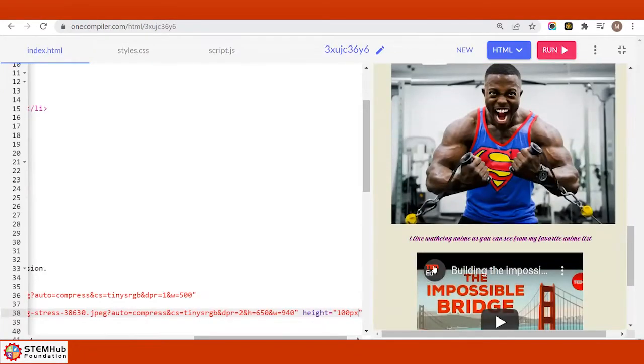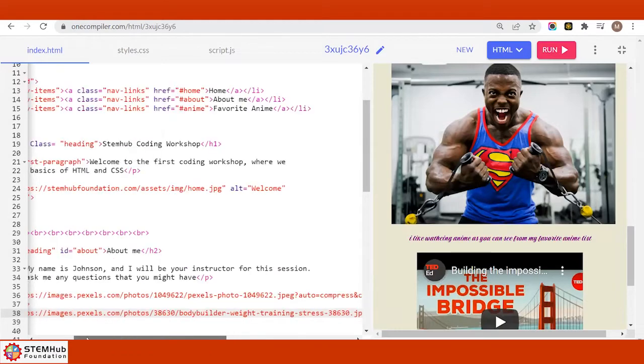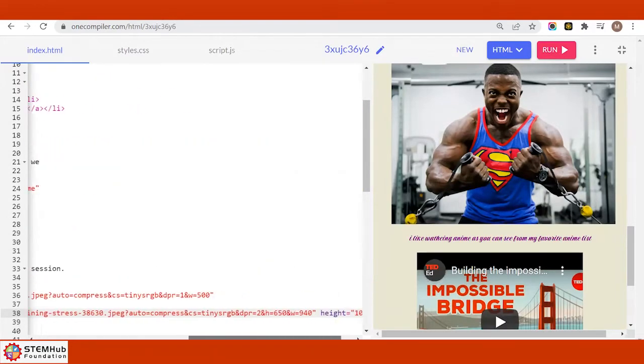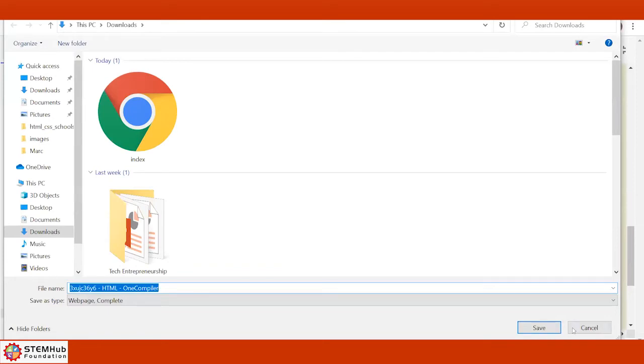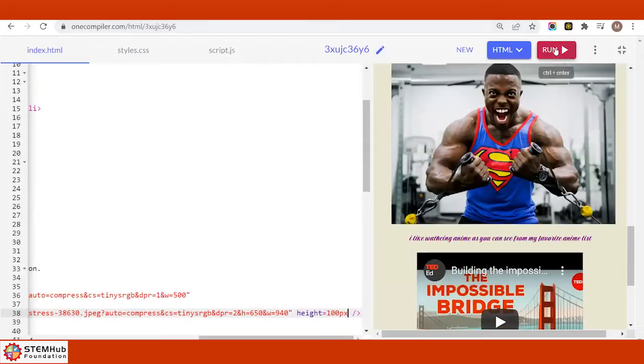Oops, it's not. What did I do wrong here? I think you're supposed to do width first. Oh, it shouldn't matter really. All right, let me take, oh, it doesn't matter. Shouldn't matter. I fixed mine. Run.